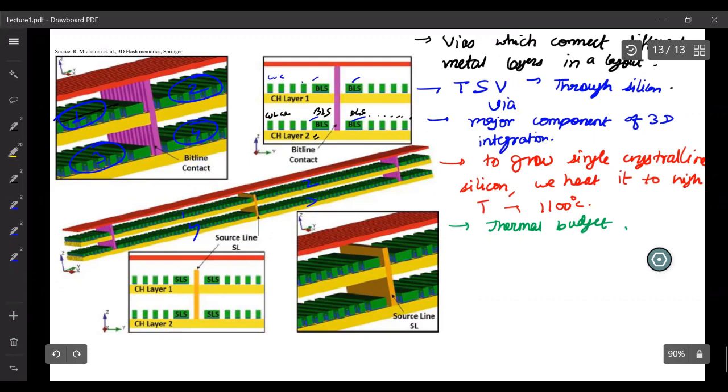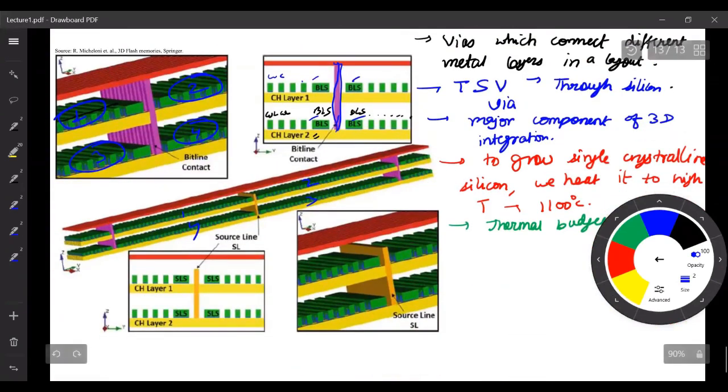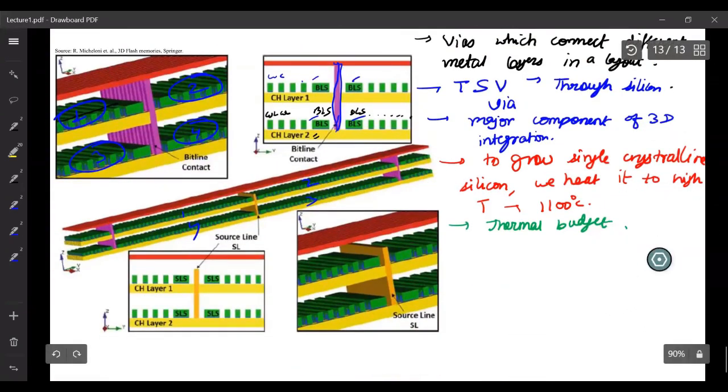And you see that this line, the bit line contact, is common to all the strings. So the bit lines are all connected over here. Here you have this source line also common between these 4 strings. You have source line common between the strings. You have bit lines common between the strings. And this red line is your metal one, which is connecting your bit lines together.